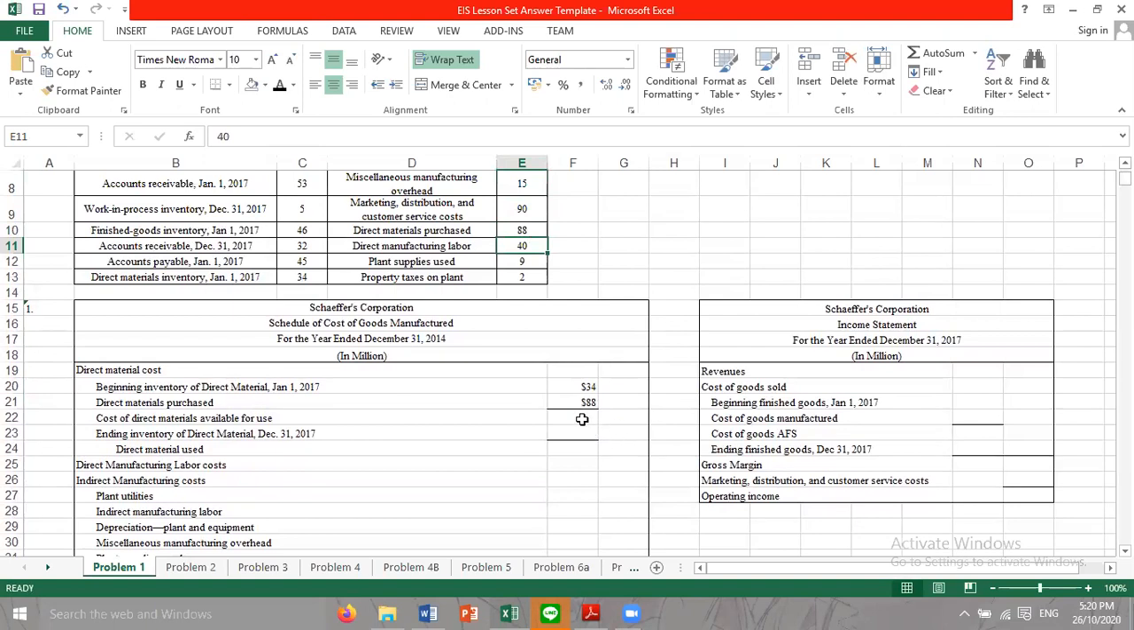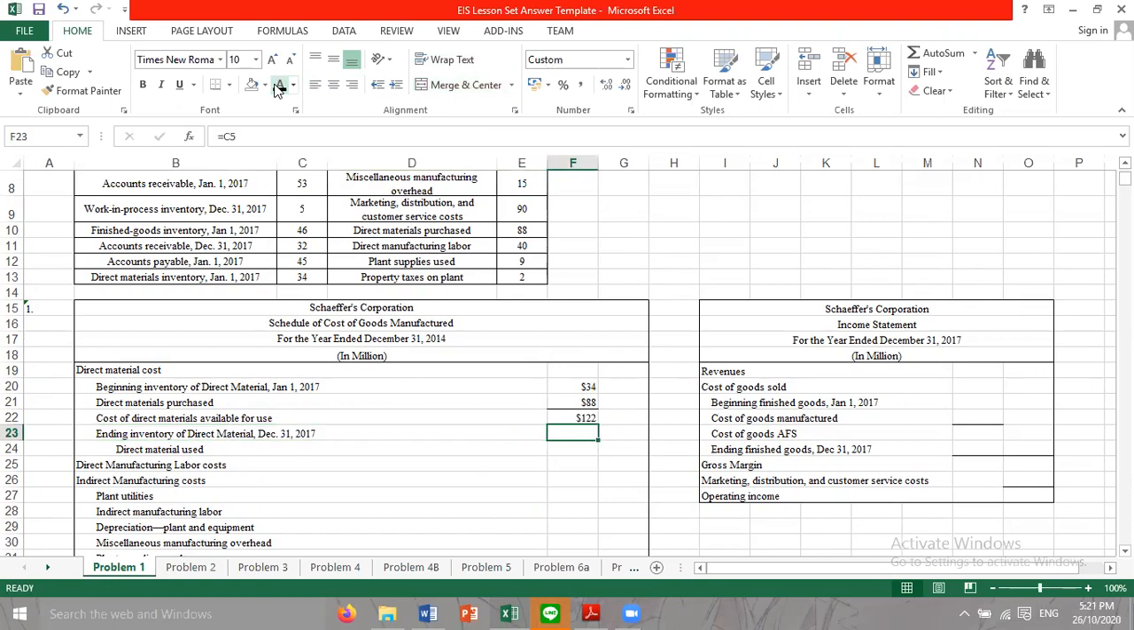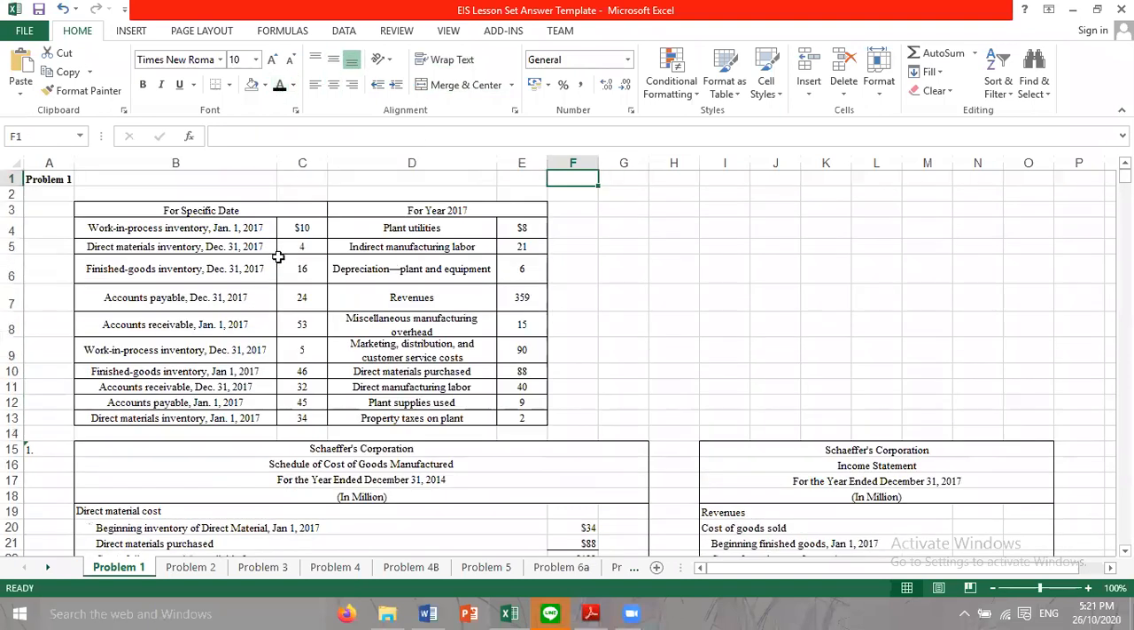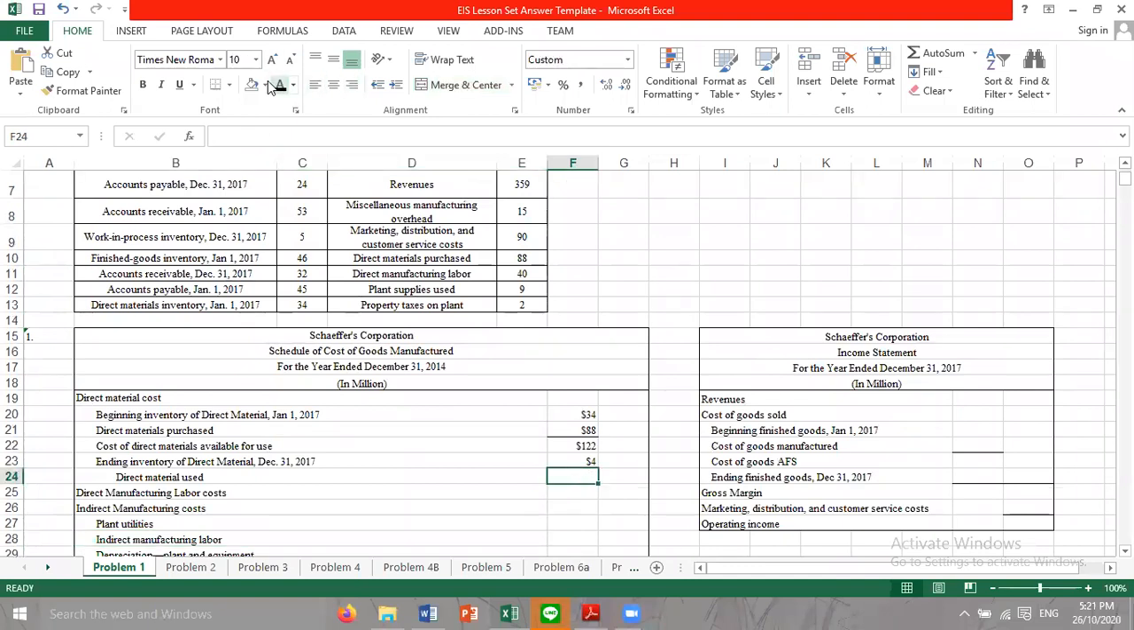Now we just need to add them and we'll find the cost of direct materials available for use. In this case, it's $122. Next, we need to find the cost of the direct materials used, right? To do so, we just need to subtract the ending inventory of the direct material from the cost of direct materials available for use. In this case, the ending inventory is already stated in the question, which is $4. It's above here. Okay. Now from that we can know that the direct materials used will be 122 minus $4, which is